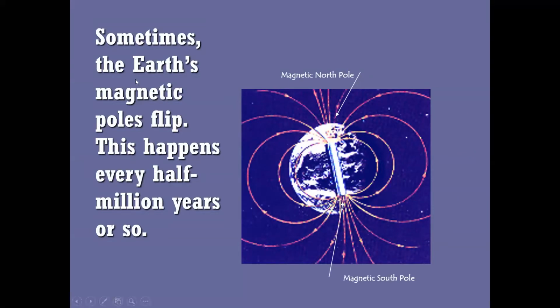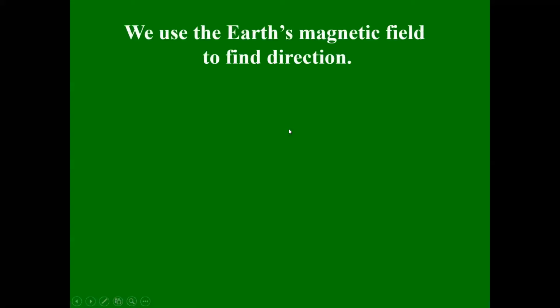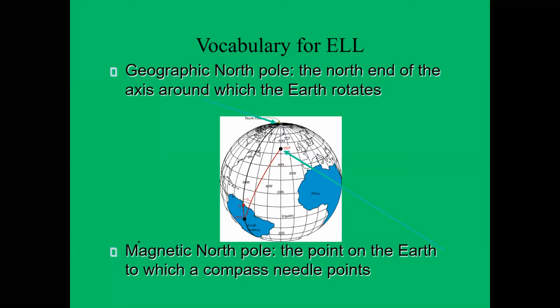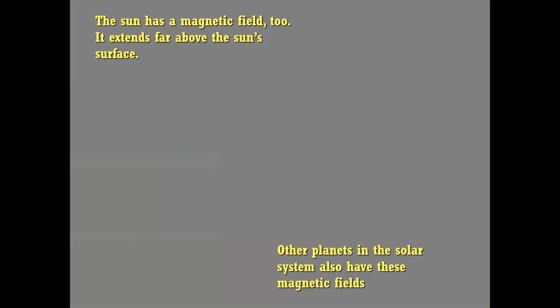Yesterday I was telling you that sometimes the Earth's magnetic poles flip. This happens every 500,000 years or so. So it is expected that the Earth's poles would someday shift from north to south and south would become north. So what would happen? That is a discussion for another lecture. Okay, and we're just going to skip these because we have already done the Earth's poles.